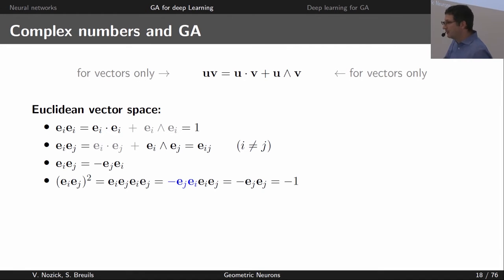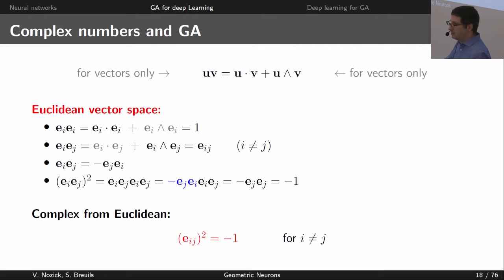This result is really interesting because it means that we have complex numbers embedded in geometric algebra without explicitly asking for it. It's a kind of hidden gift, I would say. For those who begin with geometric algebra, this is super useful because your problem may be solved using complex numbers without you knowing it. It is always hiding a bit, so sometimes it's really interesting.